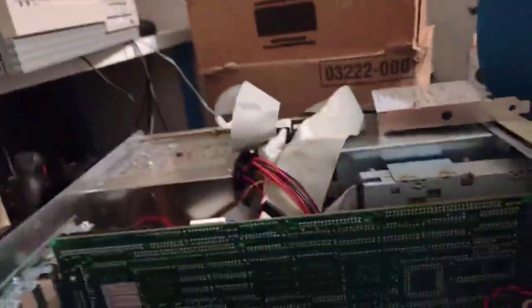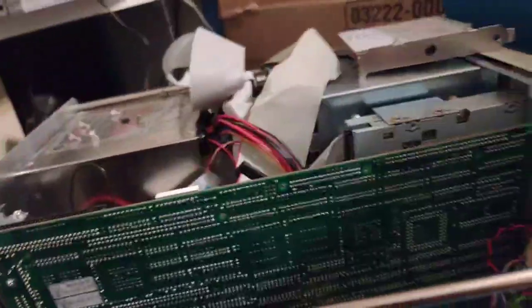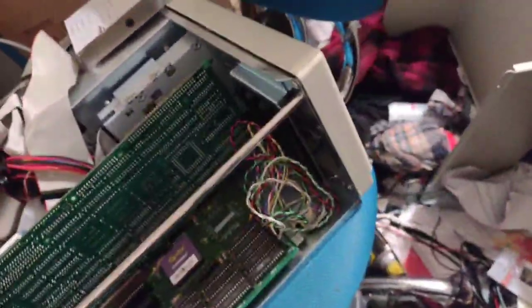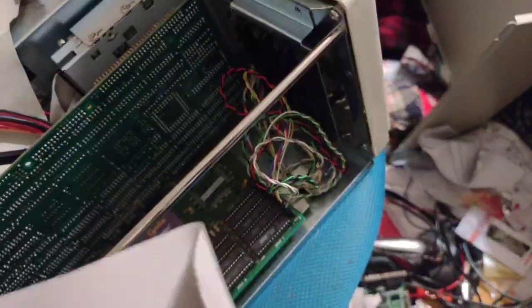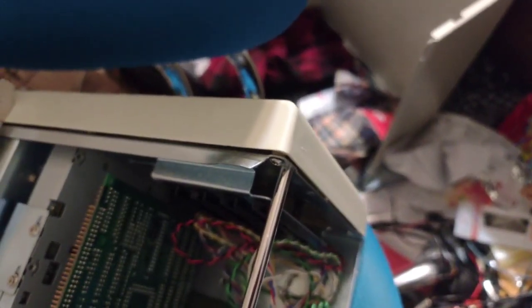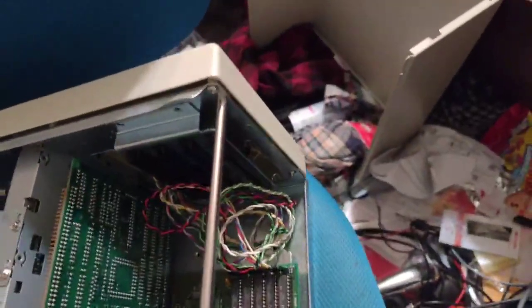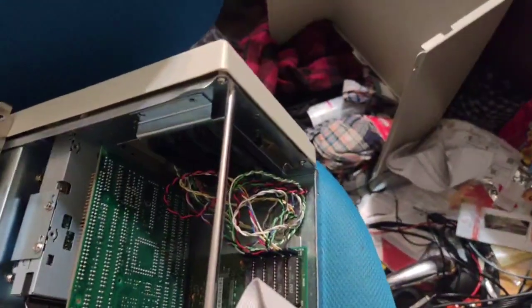I think we're just having really bad luck with SCSIs for some reason. It should work theoretically without anything plugged into it, without the hard drive, without the cable connector or anything like that, it should theoretically turn on. But let's go ahead and find out what happens when I plug this in, as well as the power cable and the data cable to it, and see if it brings it to life or anything like that. I would be a little amazed if it requires that to be plugged in, but